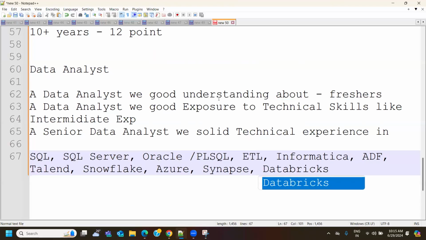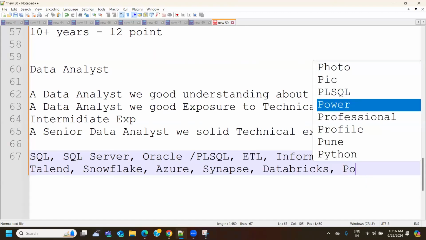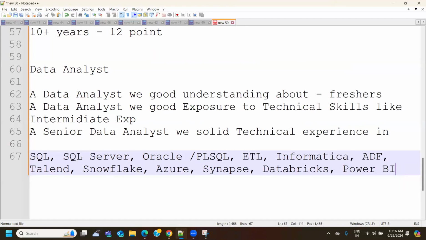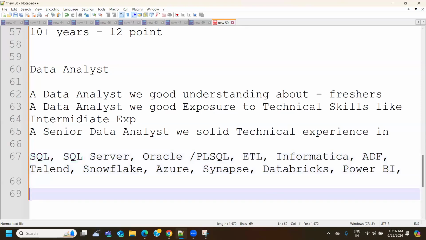A data analyst with good understanding about SQL, Oracle. Now, you also know some reporting tools like Power BI, maybe Tableau, maybe QlikView, any tools. Mention those tools. First thing is your domain and then the tools used in that domain. SQL is a common database. Under SQL, what all SQL structures do you know? What all languages do you know? SQL Server, Oracle, might be MySQL. You can mention it this way. Now, once this is done, this is point 2.